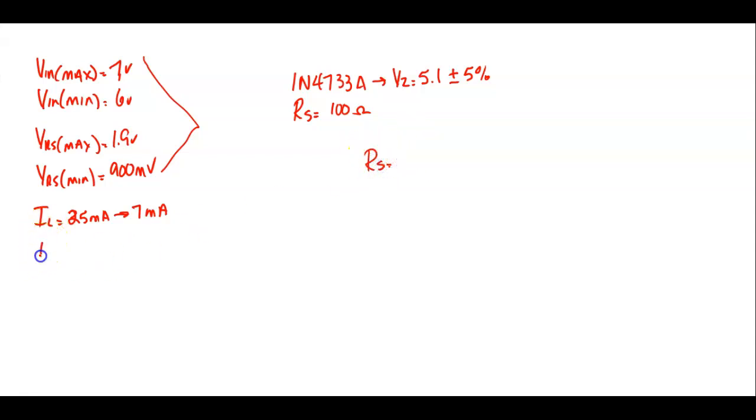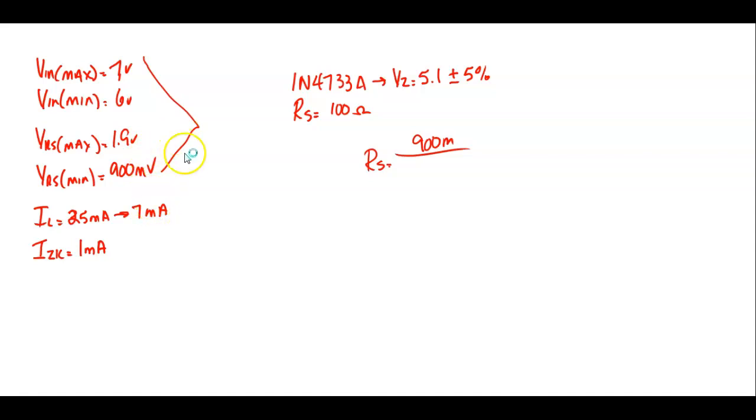and we need to look up IZK. What's IZK for a 1N4733? Okay, so everybody okay there? Any questions? That came off the data sheet, right? Everybody okay so far? So RS means it drops the minimum voltage, which would be 900 milli, at the maximum current, which would be,